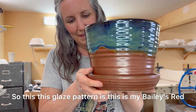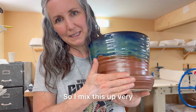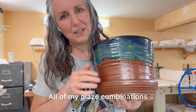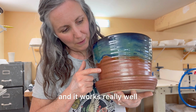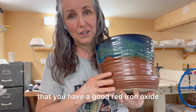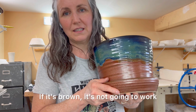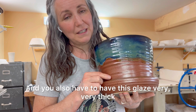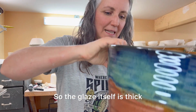So this glaze pattern, this is my Bailey's Red. So I mix this up very, very similar to Ancient Copper. All of my glaze combinations that I used to use Ancient Copper for, now I use the Bailey's Red, and it works really well. You just have to make sure when you're mixing it up that you have a good red iron oxide. It's nice and red. If it's brown, it's not going to work. And you also have to have this glaze very, very thick. So the glaze itself is thick,